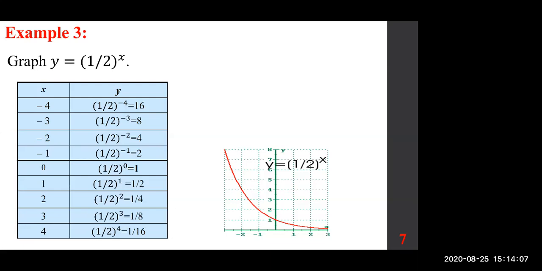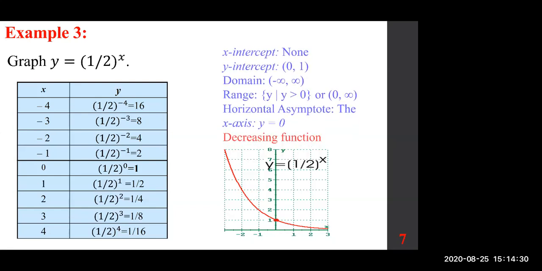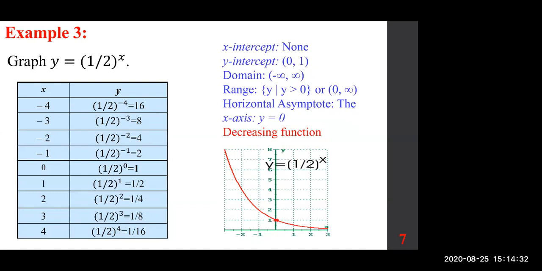And therefore, we are going to repeat everything that we wrote in the previous page. X-intercept none, y-intercept is still (0, 1). See that? Okay, domain is still the same thing, all real numbers. Range is the same thing, from 0 to infinity. Horizontal asymptote is the x-axis. The only difference is previously we were dealing with the increasing function. Now we're dealing with the decreasing function. And this shape works for any function of the form